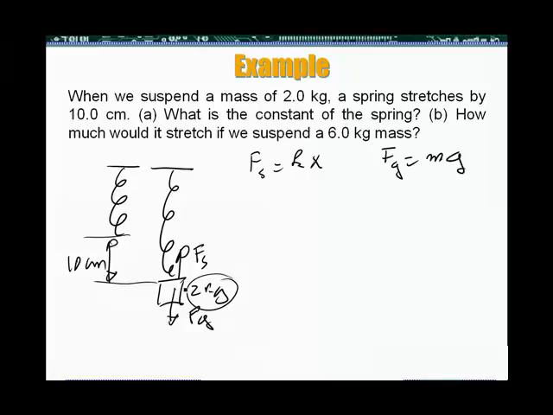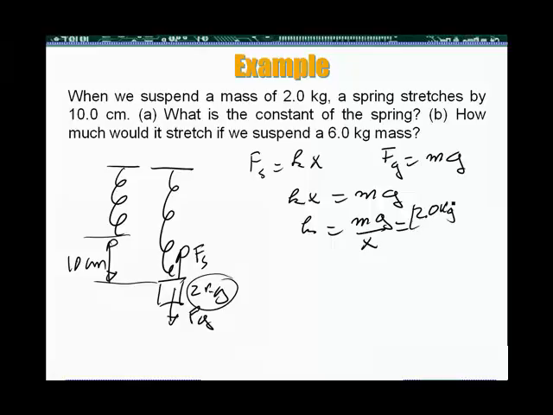Since the spring is in equilibrium here, these two forces are balanced, so I can write that Kx is equal to mg. So here, that gives us K, that's going to be mg over x,